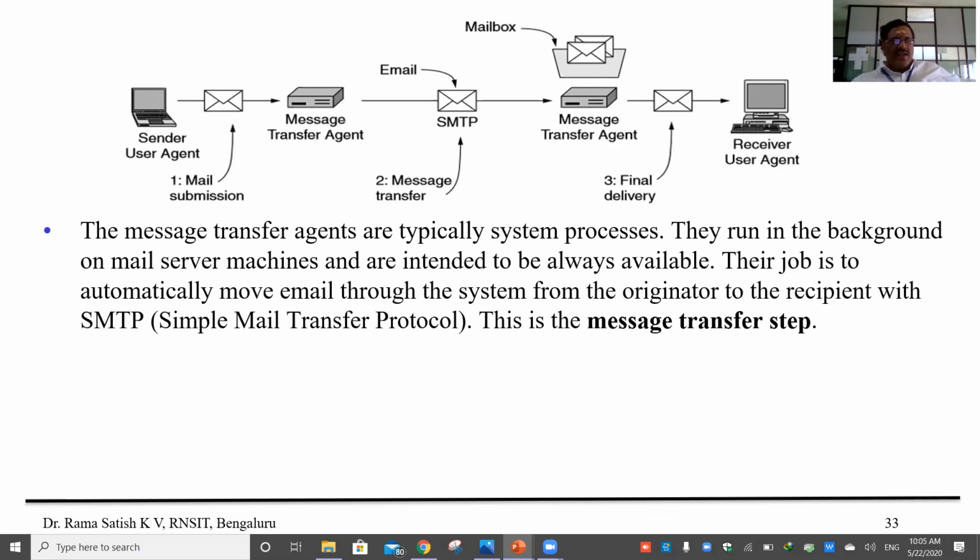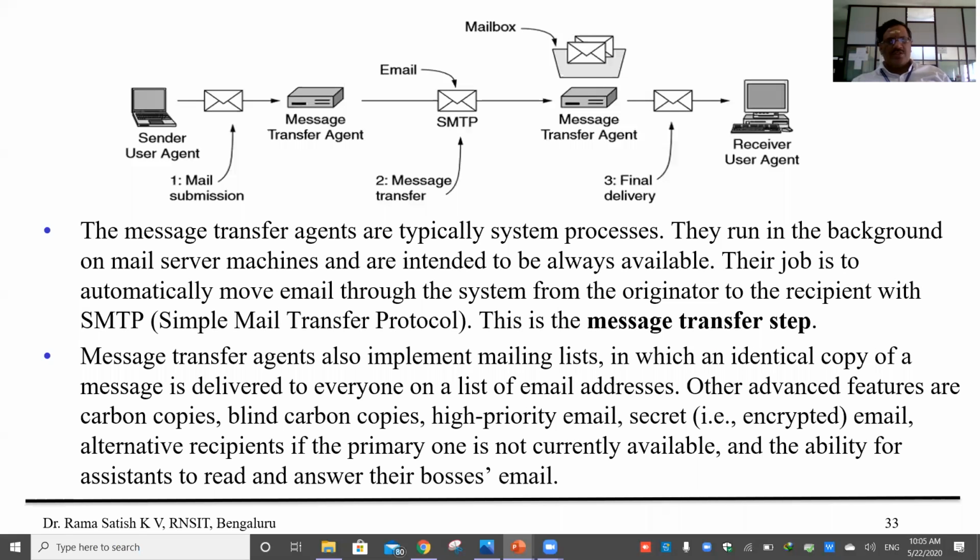So this second phase, we call it the message transfer step. Second, the message will be transferred from the sender's mail server to the recipient mail server. So it transmits. And in the recipient mail server, it will be stored.